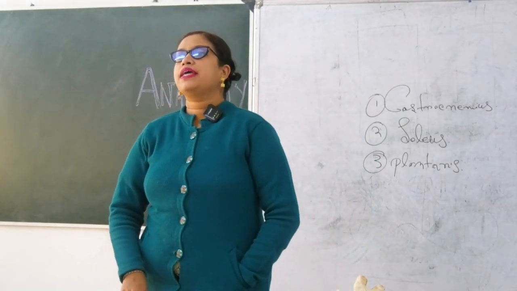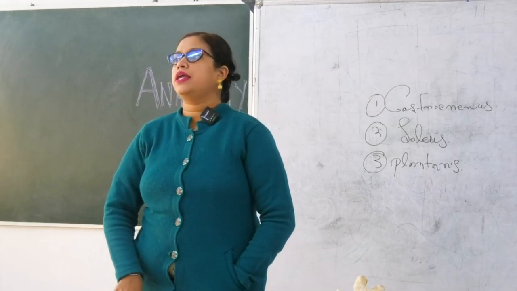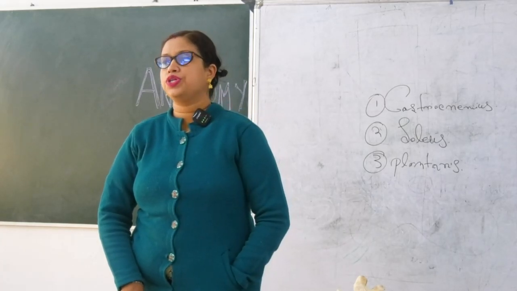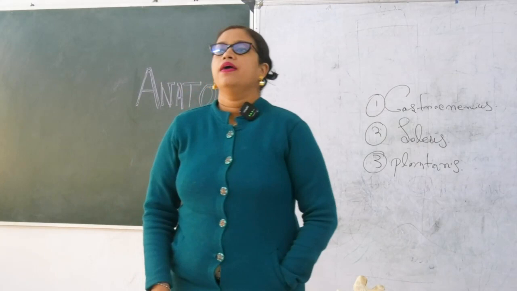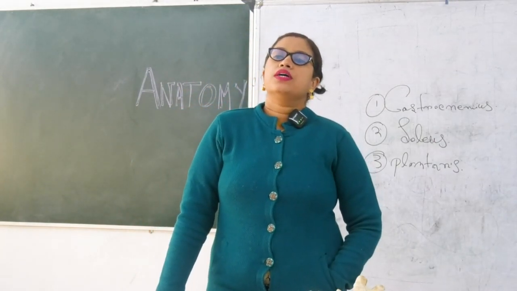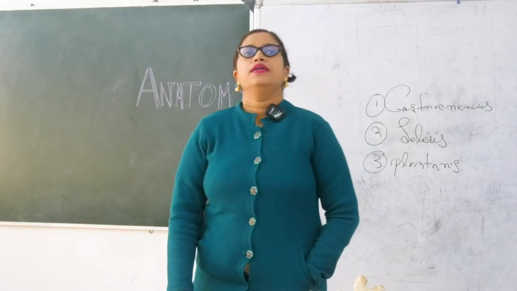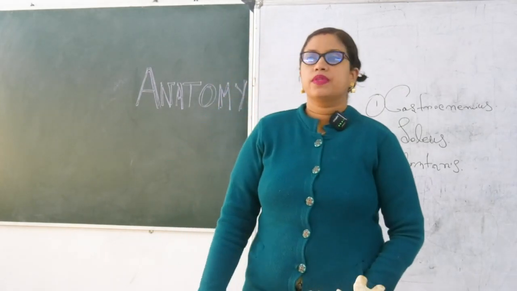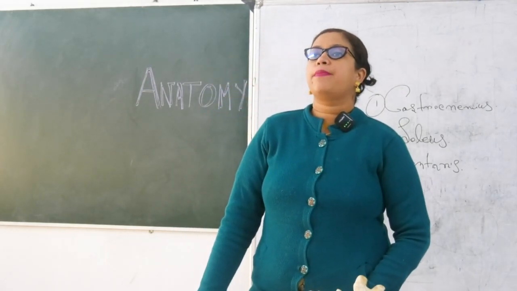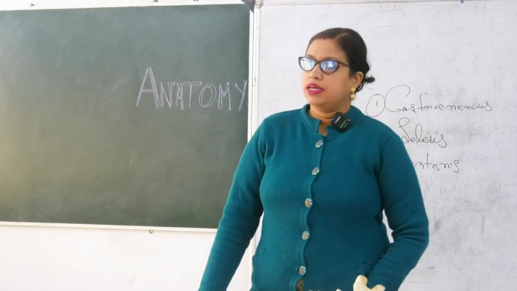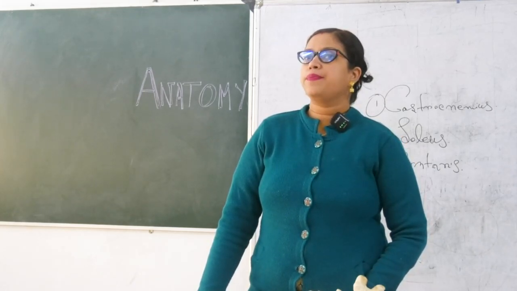So that means flexor digitorum longus, flexor hallucis longus, and tibialis posterior. So just write it down, these three: flexor digitorum longus, flexor hallucis longus, and another one is tibialis posterior. These three muscles are bipinnate muscles,